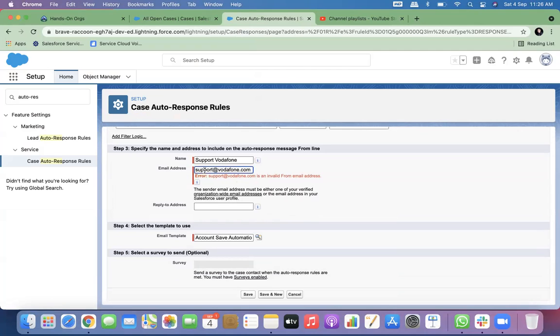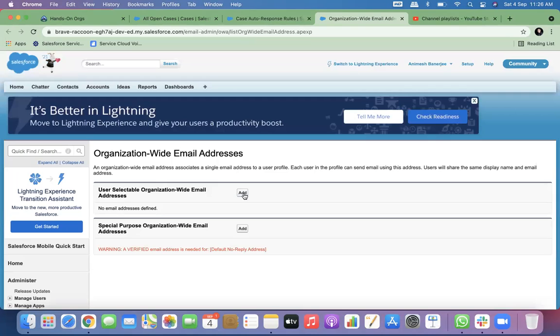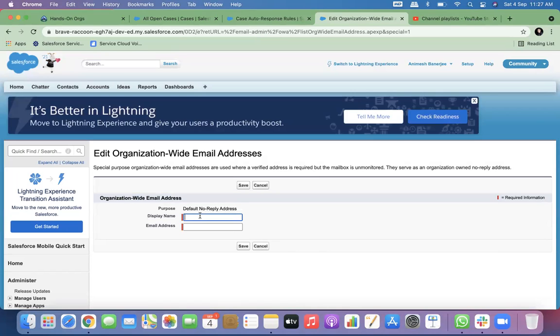I have to put this email ID in our org-wide email addresses, and then I will be able to use it. So this is the org-wide email addresses wherein I have to use special email IDs. I can add this here.